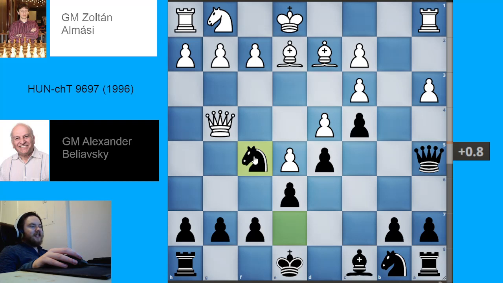Has many wins against world champions. Like I think he had some kind of record or something like that. So very cool stuff. And let's see. At the time of this game, I think White was about 2650 and Black was 2600. So very cool stuff. And this particular game was played at a tournament in Hungary in 1996, and unfortunately,